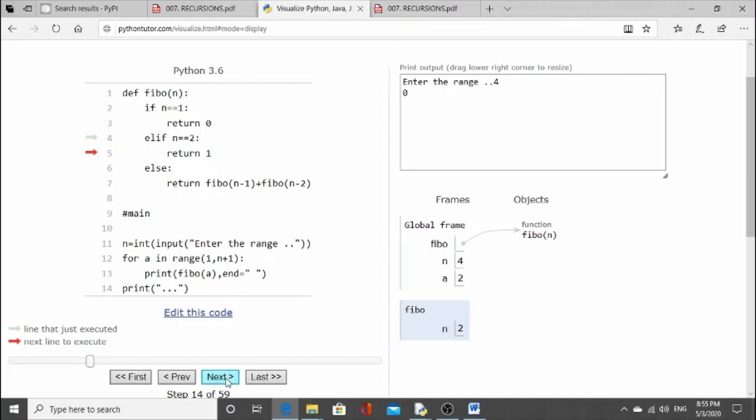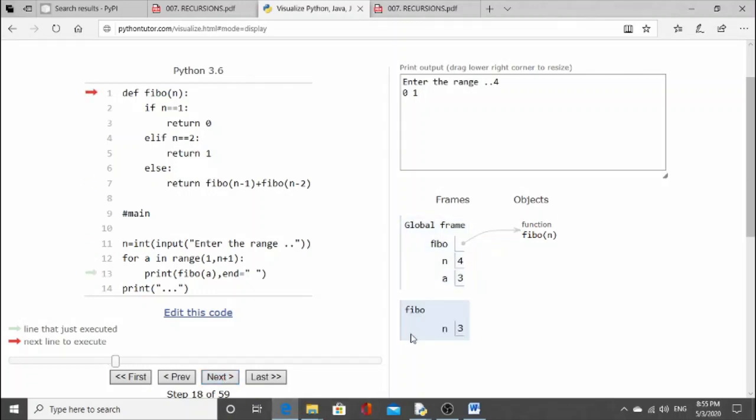Next you can see it is checking else, that is false. Now 1 is printed.